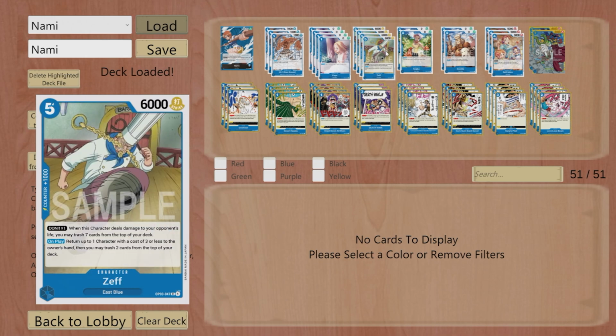Then we have 4 Zeph. Zeph is good because on play you can get rid of a blocker off the board if you have a second Zeph out, and then you can also trash the top 2 cards of your deck, so it pairs really well with the idea. And then Dawn ×1, if you actually connect damage, you trash the top 7 of your